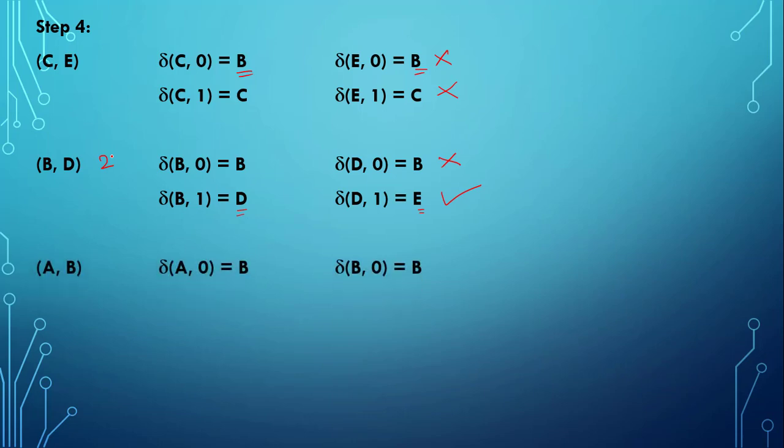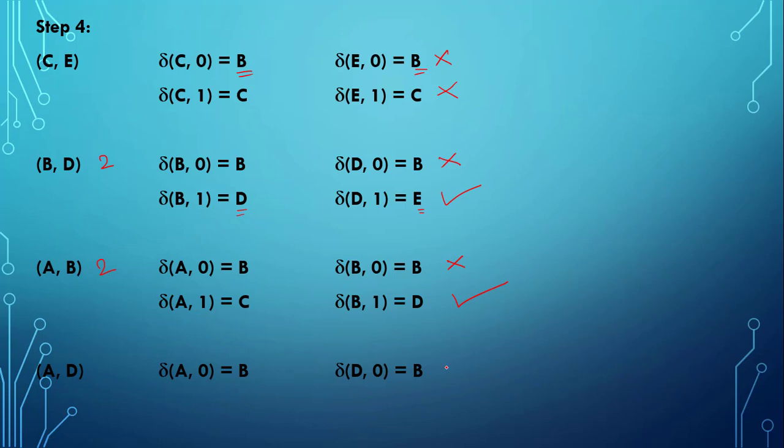We will have AB as our next cell. Here again no decision will be taken, and for this we will go and check whether CD was marked. Since C is a final state and D is a non-final state, we know that it will be a marked state. So, we will mark the AB cell with 2. Next is AD. Here we have B, so no decision will be taken. Here yes, but since both of them are final states, we will simply list it. So, we will list C, E and D, E. Listing means that if in future the C, E cell gets marked, we will come back and mark AD with 2.